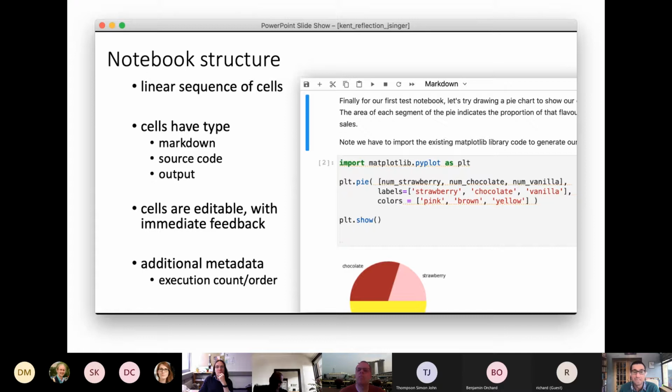There's additional metadata contained in the notebook as well, such as the order in which cells are evaluated and the number of times they've been evaluated and so on, and other metadata too, which can be retrieved. So rather than code living in files, which is, I suppose, the paradigm we're used to, now code lives in little boxes, and little boxes are part of notebooks, which are themselves persistent JSON files.